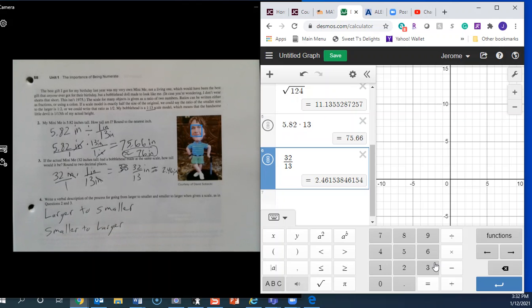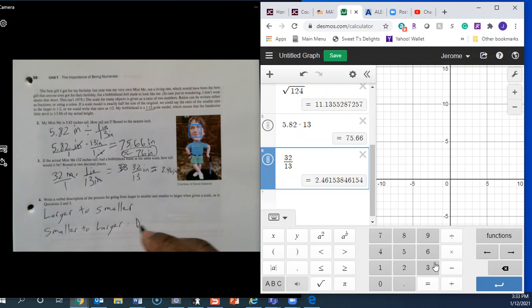Now let's look at what we did. We took this initial value and divided it by the scale. So this was actually the smaller, we were smaller here, and we were going up to the larger size. So smaller to larger,